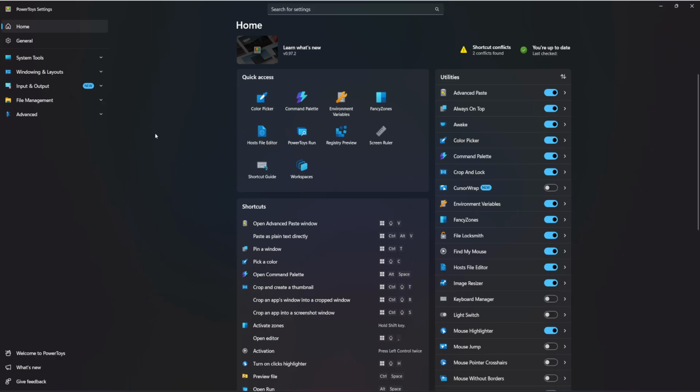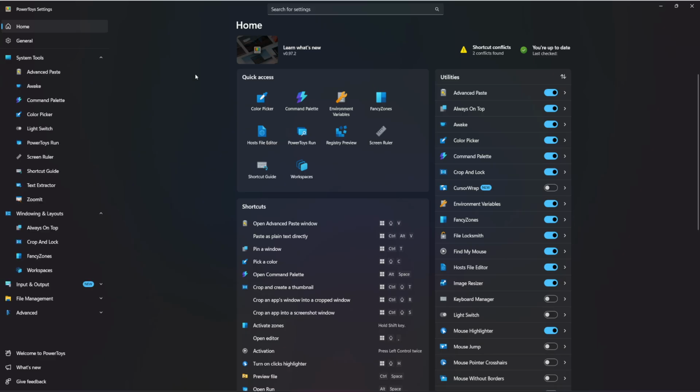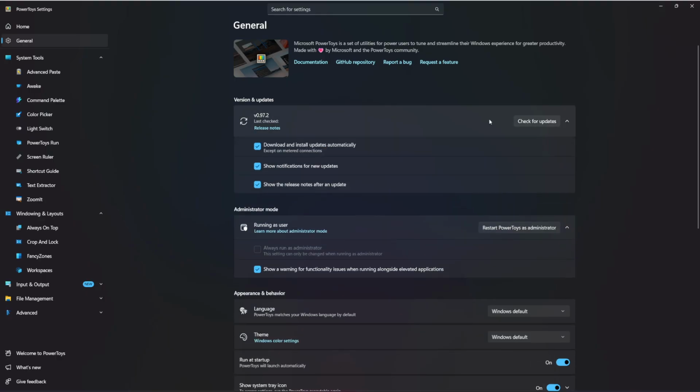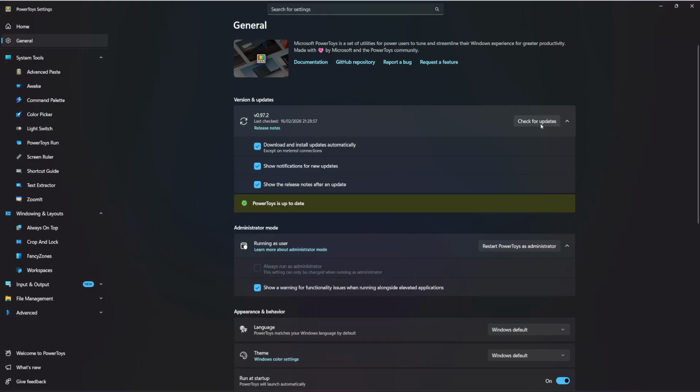So let's go to the settings. And now if we go here, you will see General. So if you click General, you will see the first one here, Version and updates, and here on the right side you will see the button Check for updates. Click on that, and now as you can see here, PowerToys is up to date. If it's not, you will see a button to install it and to update it. So this is how you can